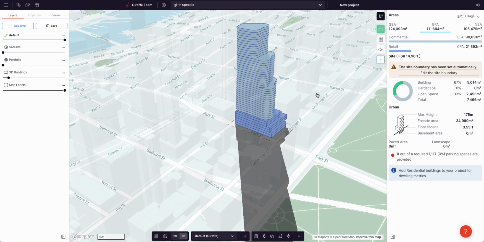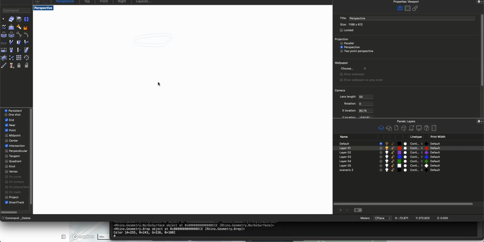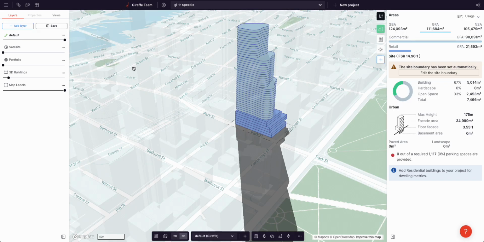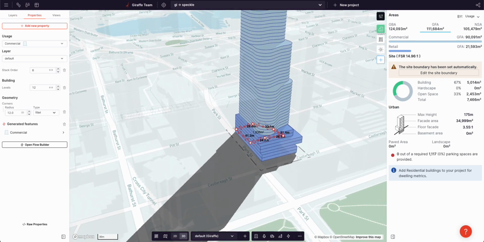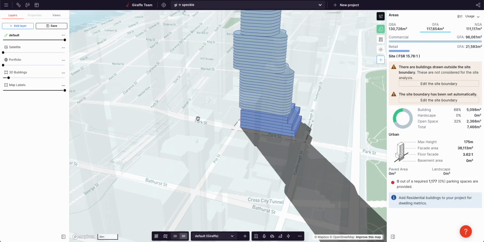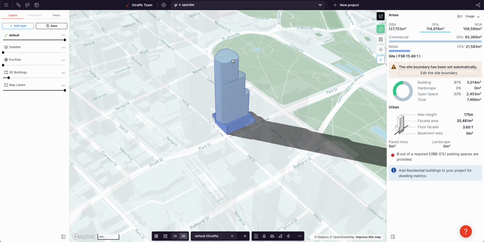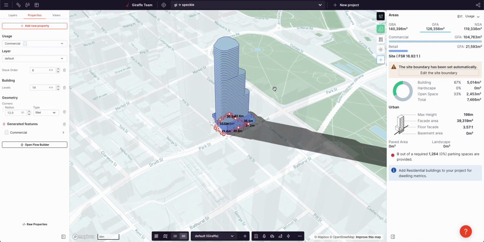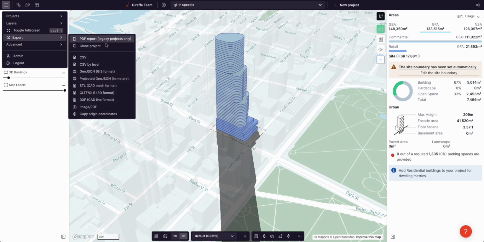Okay guys, I'm continuing on my journey of Rhino or Giraffe to Rhino and then through to Speckle. So I've got my tower over here and I'll just change it up a bit so we can see it's different. Ugly. Let's make it a bit taller up there. It's going to be a big tower. Okay. Now what I'm going to do is export it as a GeoJSON, and now what I've